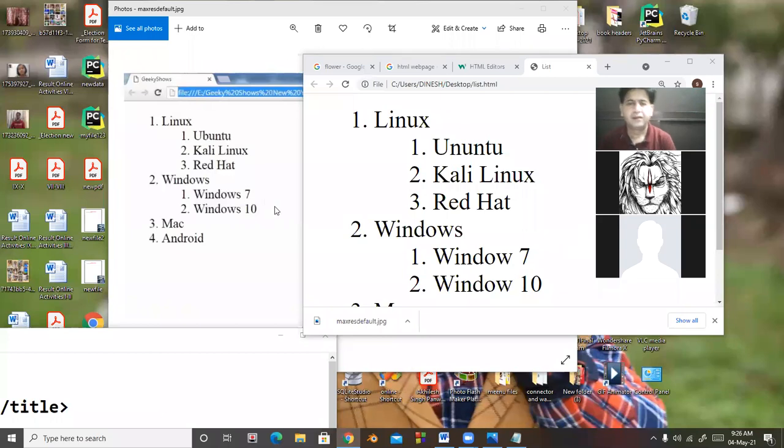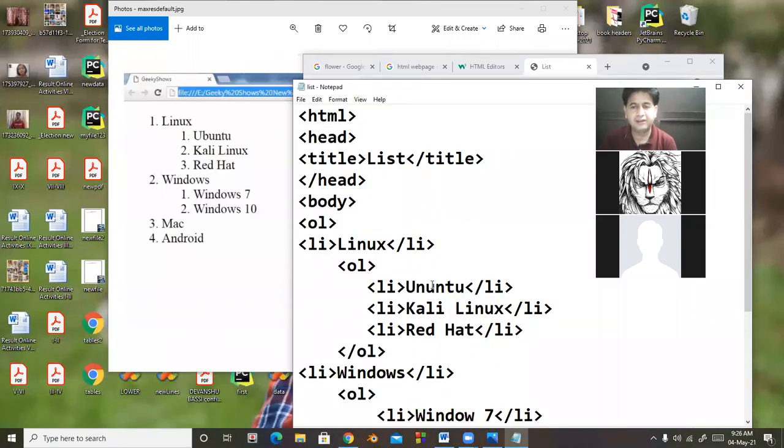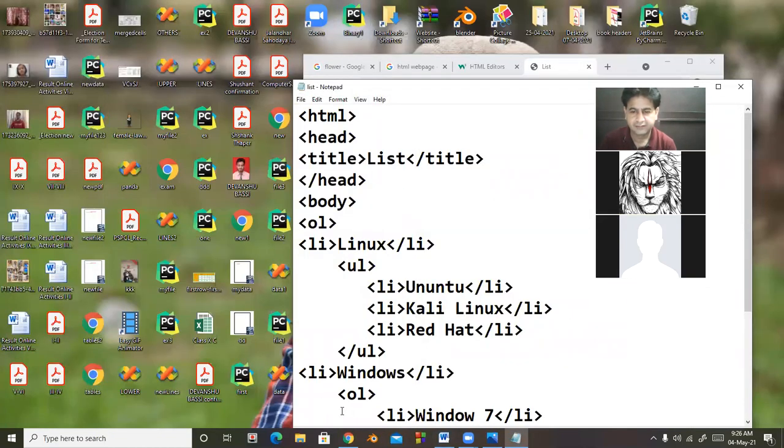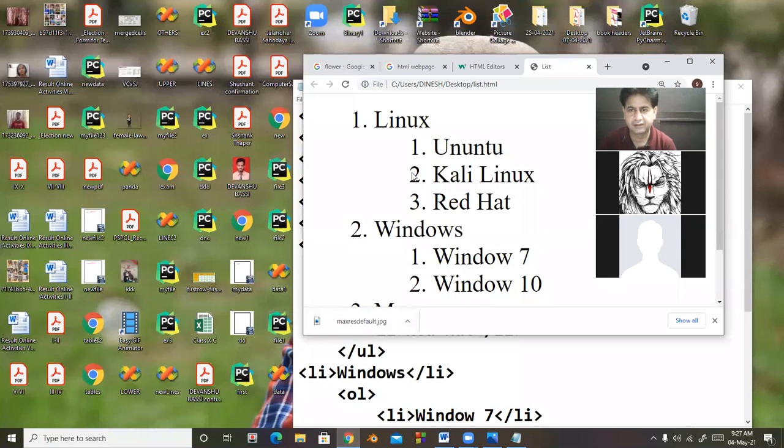Okay. Now I'm going to discuss the attributes of an ordered list and an unordered list. Suppose I want the first nested list in unordered format. So I will take UL here. I am saving this, and in the browser, look here.